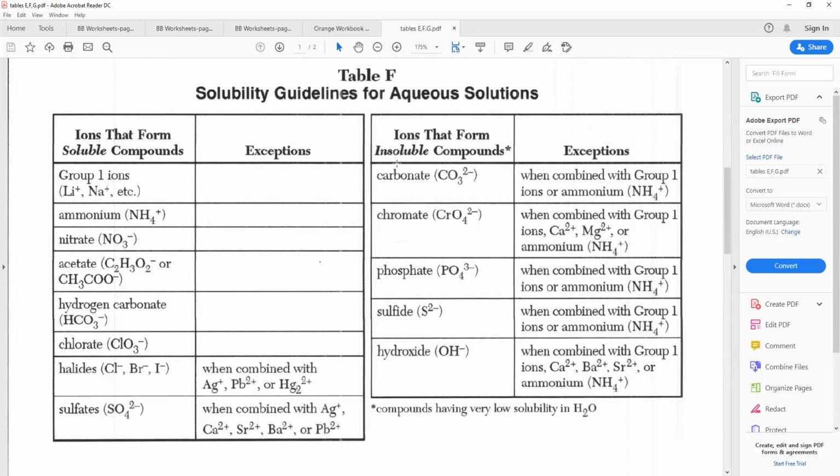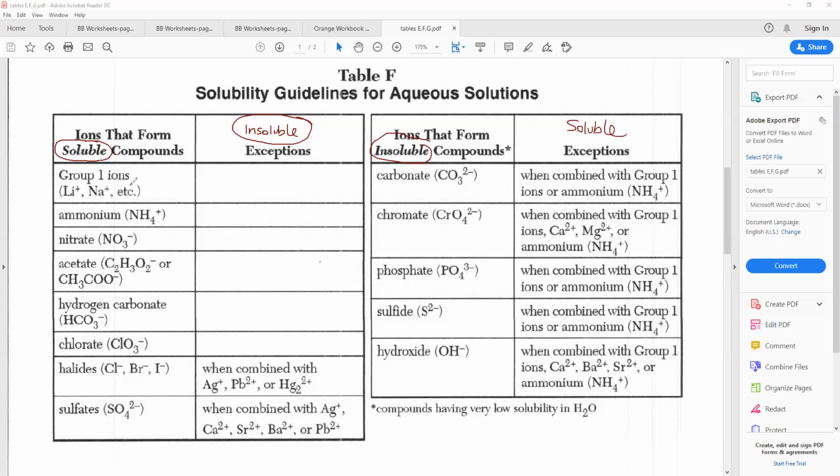Okay, now this is what I want you to do on your table F. I want you to circle the word soluble. So these are soluble, but they have exceptions. The exceptions are making them insoluble. So I want you to write insoluble on the exceptions and circle it. Then these are what? Insoluble, and the exceptions make it the opposite. So they make it